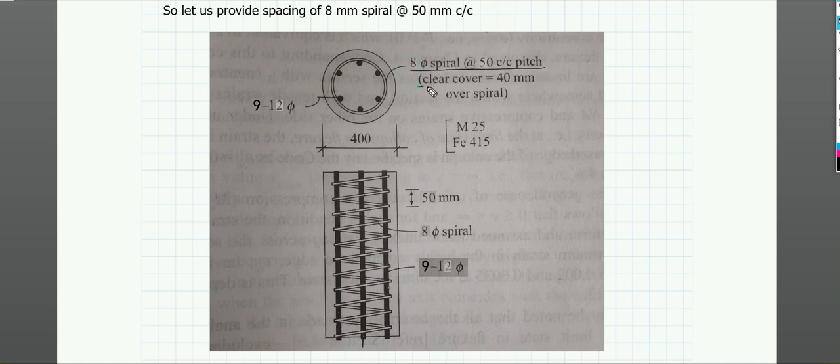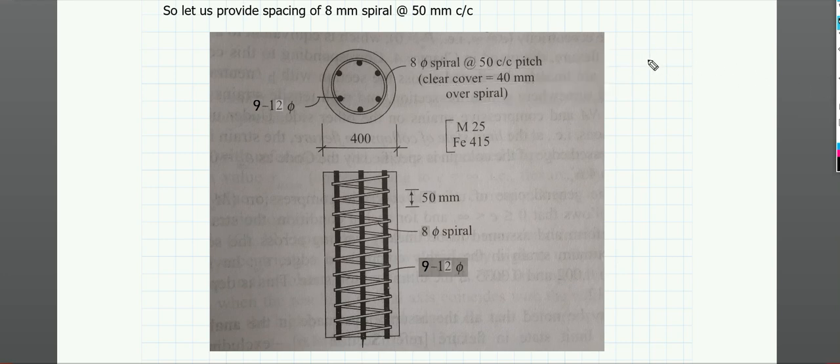And also please constantly look at the IS codes. Okay, so please go through the IS code properly. If you have not printed it out, you should print it out, and you should regularly look at the code and different clauses. Otherwise you will not understand how to see it, or you will not be accustomed to the IS code. If you do not know how to see the IS code, how to find the clauses in the IS code, that is a huge setback. That will be a huge setback for your future.